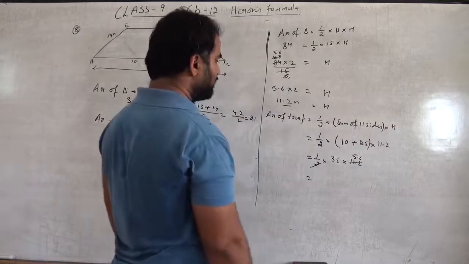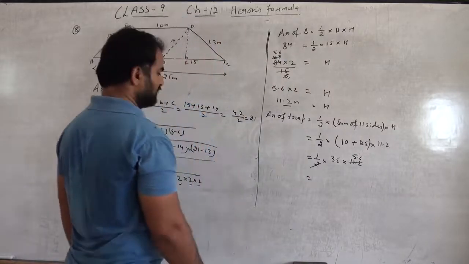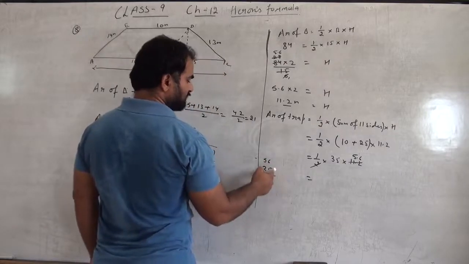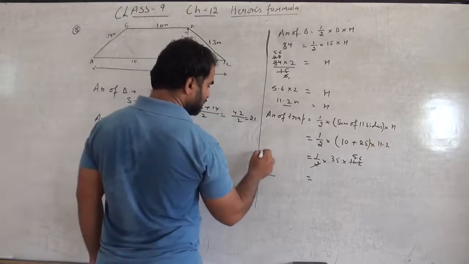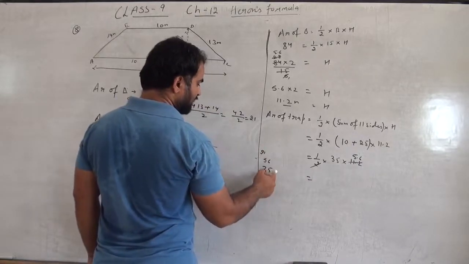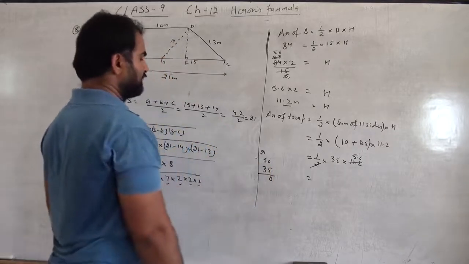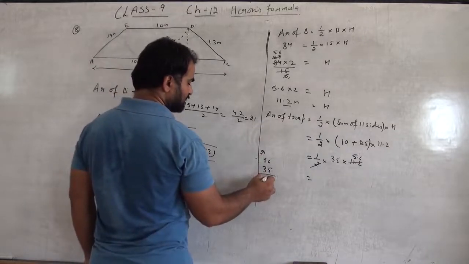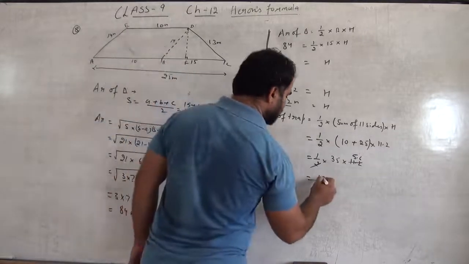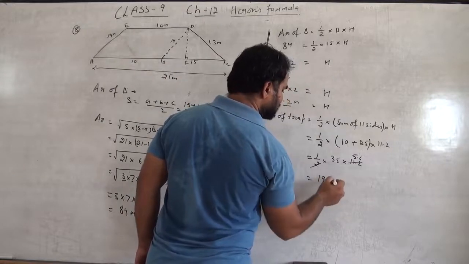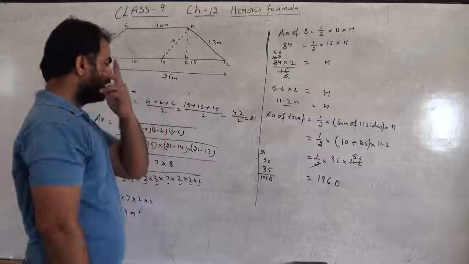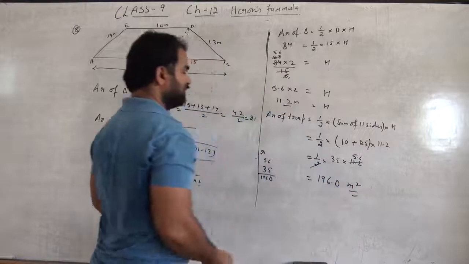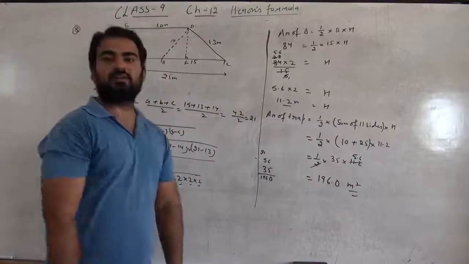Now we have to multiply 35 by 5.6. So 35 by 56. So 35 6s are 210, 210, and 35 5s are 175. 175 and 21, 196. Okay, it will be 1960, and we have to place a point in this. So the total area will be 196 meter square. Okay class, this was the final answer.